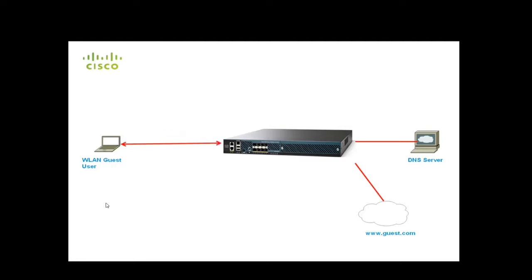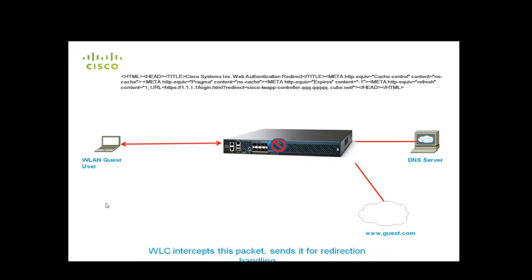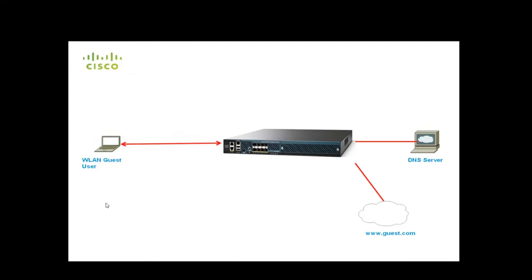Next, the wireless client sends an HTTP GET packet destined for guest.com. The wireless LAN controller intercepts this packet and sends it for redirection handling. The HTTP application gateway prepares an HTML body and sends it back as a reply to the HTTP GET requested by the client. This HTML makes the client go to the default web authentication page of the wireless LAN controller at https://virtual-interface-ip/login.html. The wireless client closes the existing TCP connection by sending a TCP FIN packet and initiates a fresh TCP